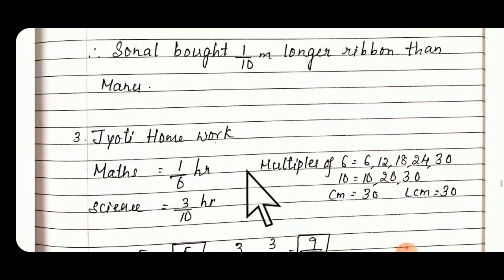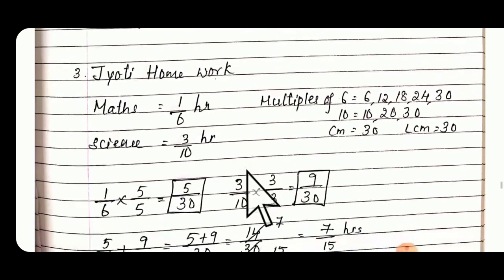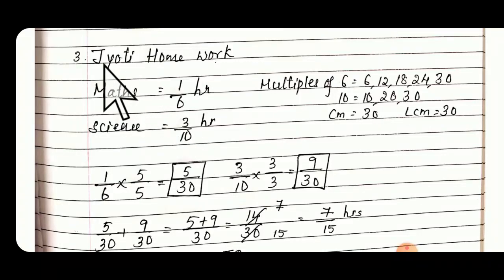Question number 3. Jyoti completed her maths homework in 1 by 6 hour and science homework in 3 by 10 hour. How much time did she take in all to complete? In all means it is addition. Write down the sentence, Jyoti's homework. First she has completed maths, that is 1 by 6 hour, then science 3 by 10. Both are